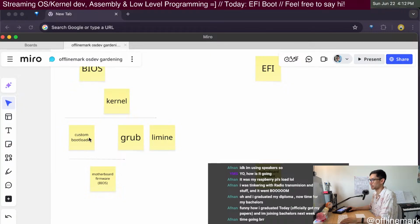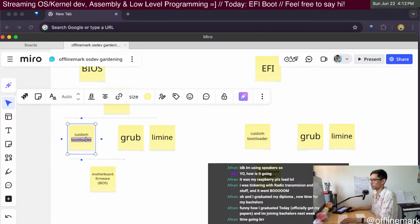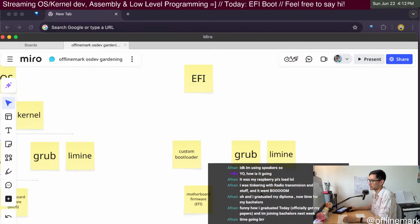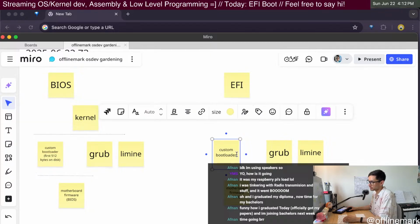So the custom bootloader, basically the whole thing can be replicated over here, except the custom bootloader over here is like the first 512 bytes on disk, and extremely rudimentary. EFI has more features, and so the general way things work is you